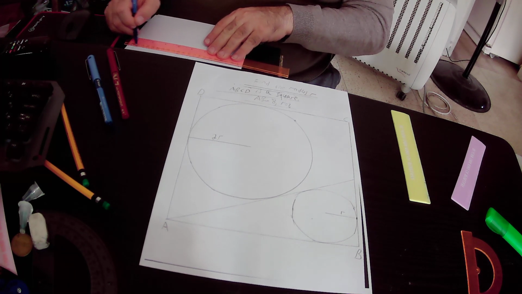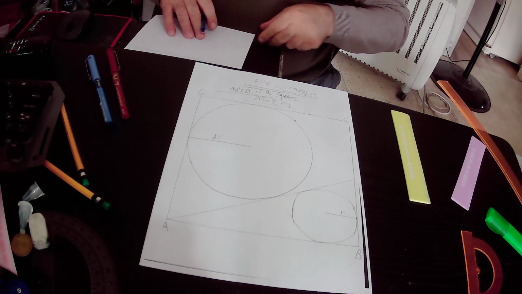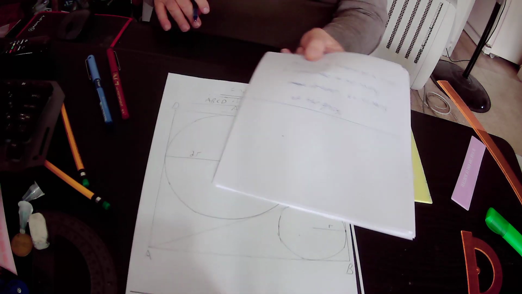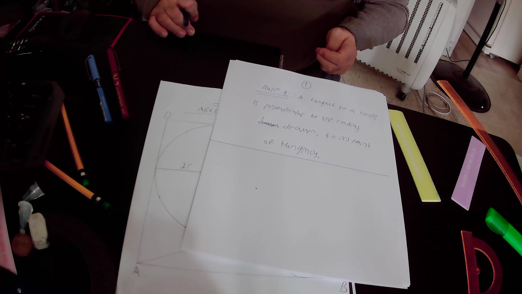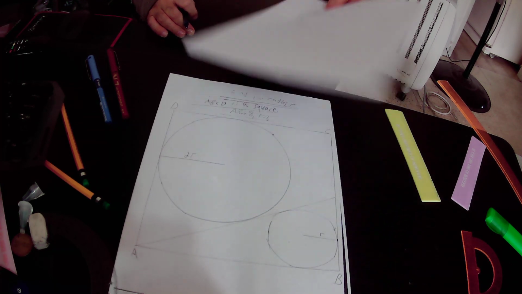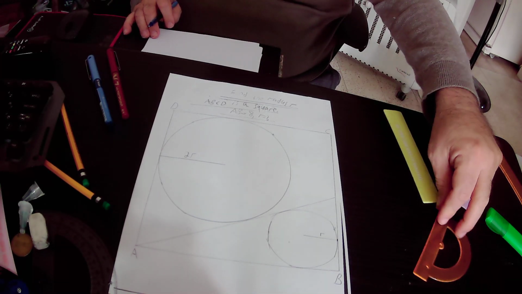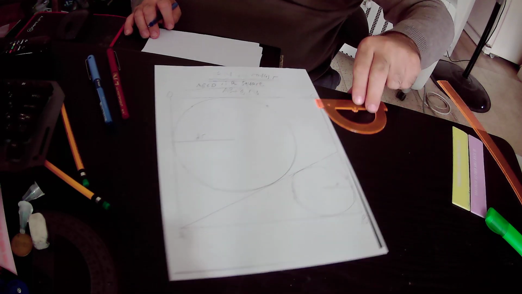So I will read rule number one again. Rule number one states that a tangent to a circle is perpendicular to the radius drawn to its point of tangency. So what is the meaning of rule number one? The meaning of rule number one is that if we have a circle